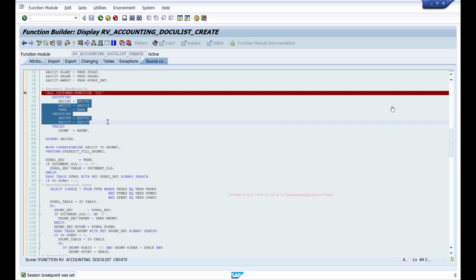So if I want to check the item quantity, then this user exit is not supplying me the item quantity. So I need to find an enhancement which is giving me the item quantity, and that enhancement should also be triggered before the document is saved. So I'll check these two things while assessing whether a particular enhancement meets my requirement or not.